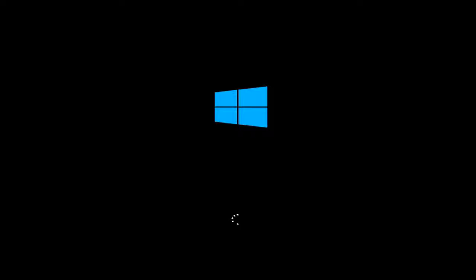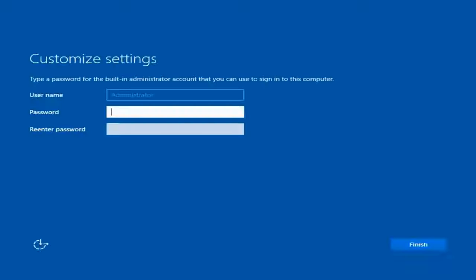So after configuring the devices, it did another restart, and I'm waiting for the initial account screen to appear for me to add a password for my admin account. So let's see. So there it is. I'm going to set a password